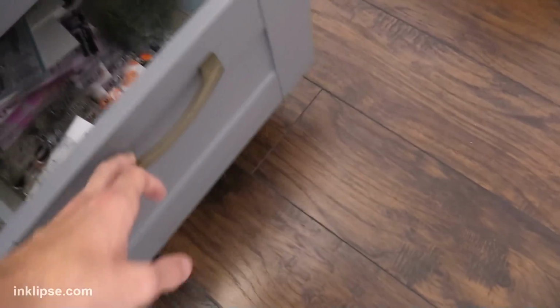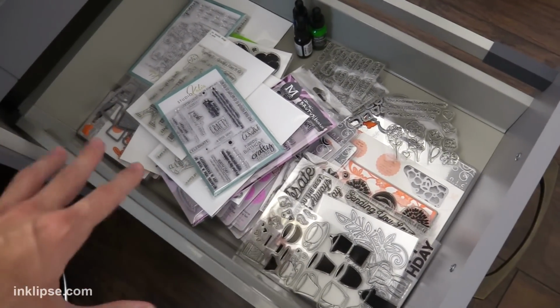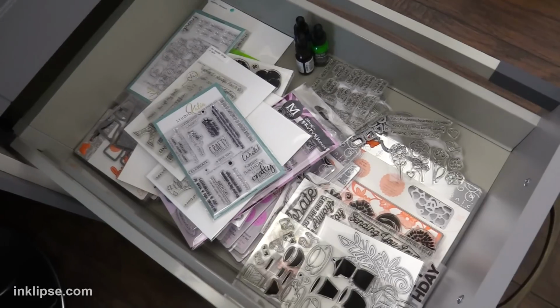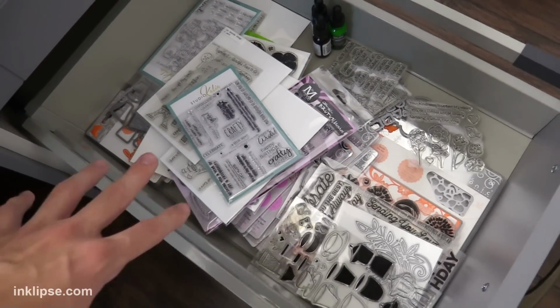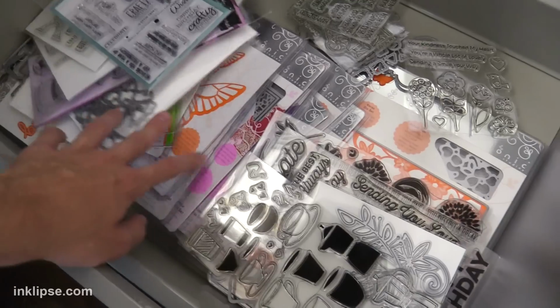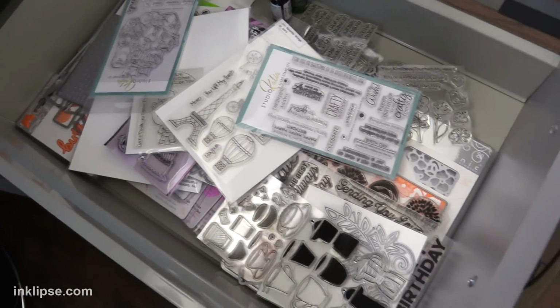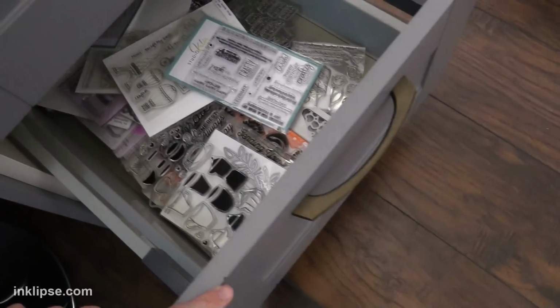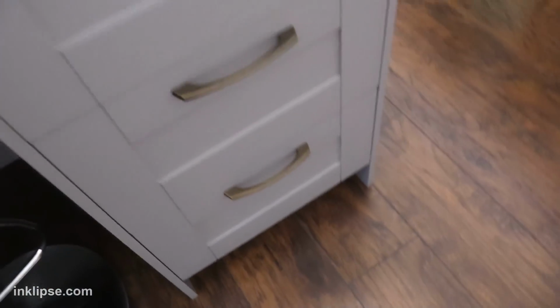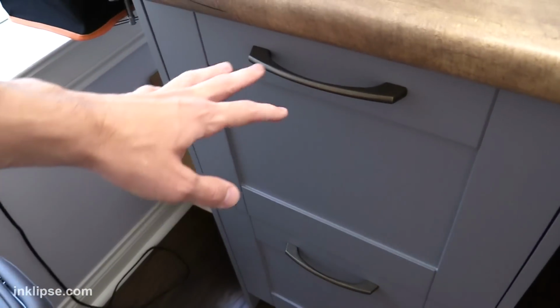And then moving on into the bottom drawer here, this is where I keep all my stamps and dies and inks and stuff. This is what I want to use in some of my next projects. So if I find a technique that I want to do, I'll reach down here and look through all the stamps and dies and stuff like that and see if it fits the criteria for the technique that I want to share. So moving over to the other side of the desk, this top drawer is empty, but I'm looking